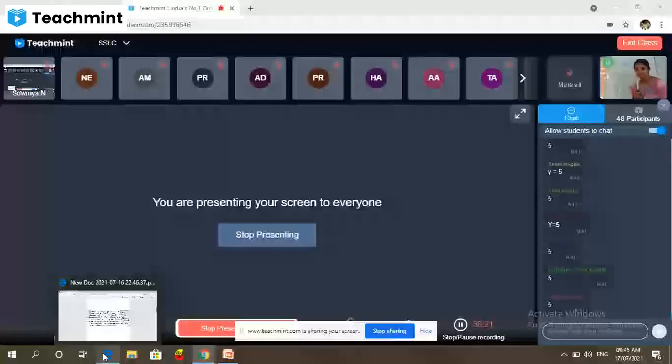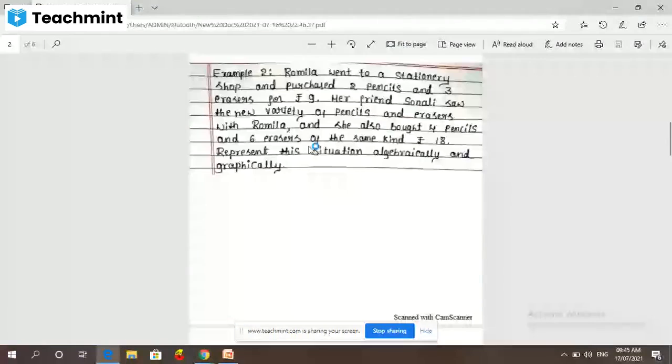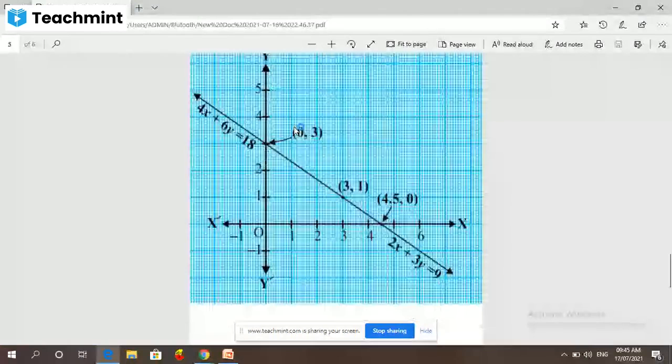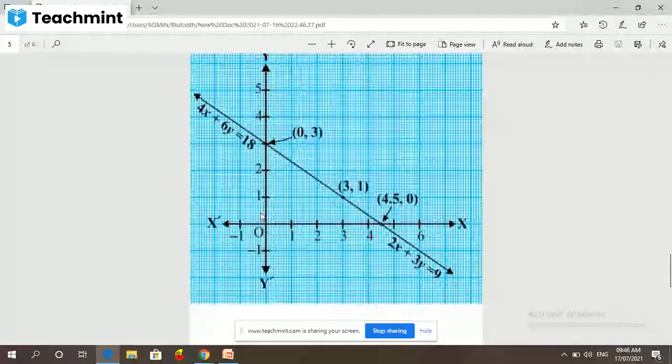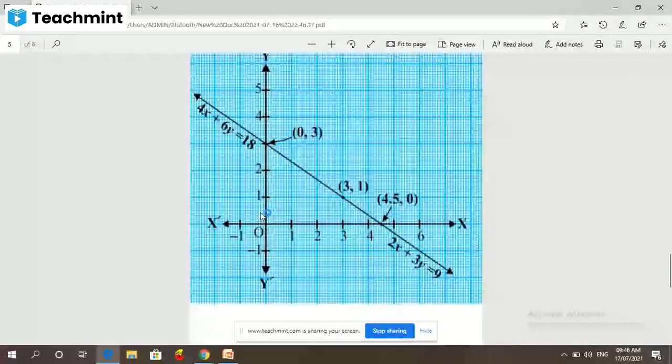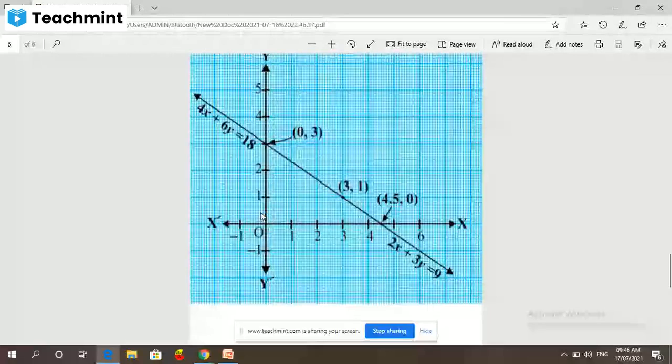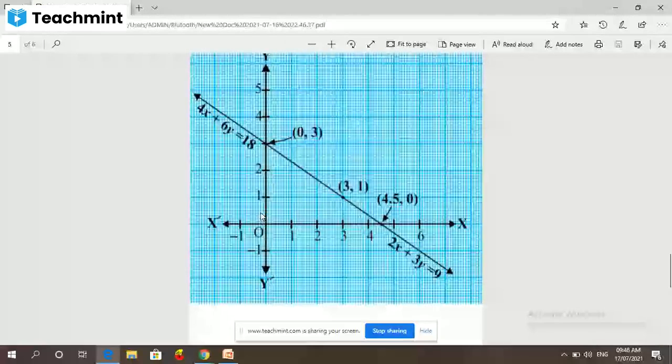See here. This is Romila's problem, which is over now. This is Sonali's problem, also over. For Romila's problem, we'll get a graph of this type. Then you can ask the question, only one line is there, where is the other line? I think they forgot to plot the other situation on the graph paper. That you have to check. You have to give the conclusion in the next class. That work is left to you.